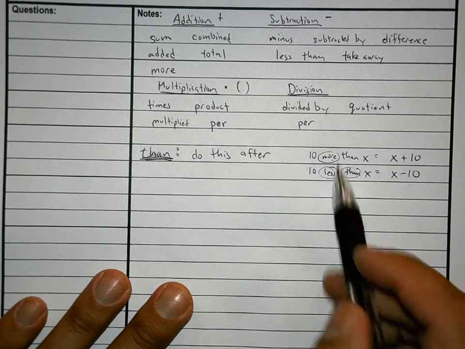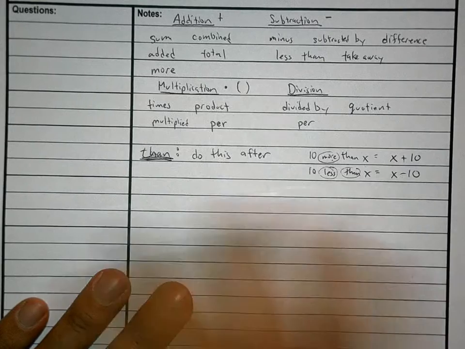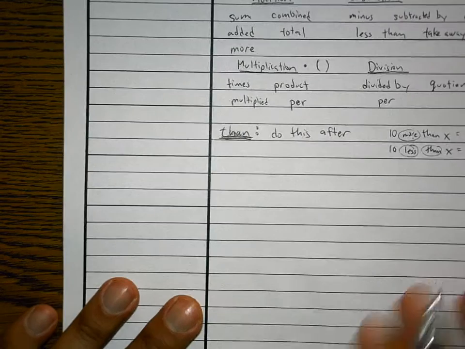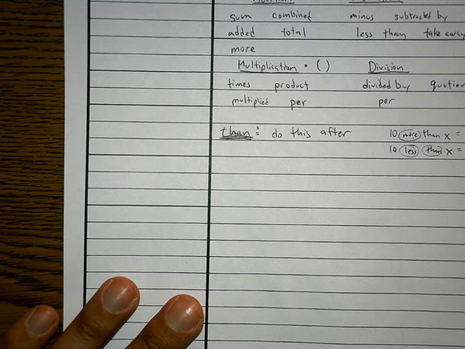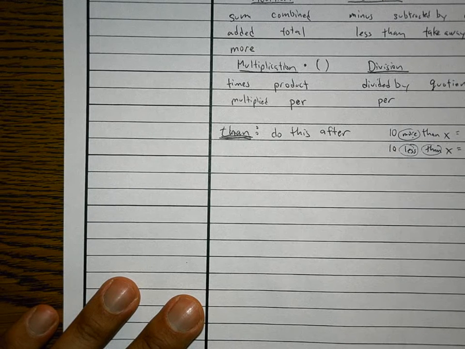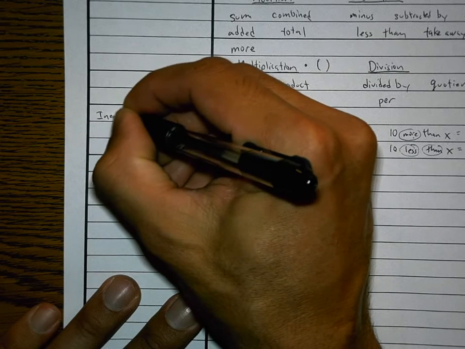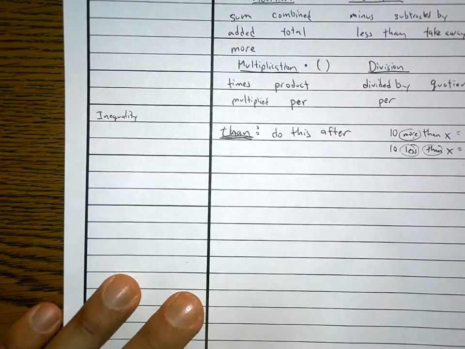And I say that the word "than" is used after 9 times out of 10. The only other time that you use "than" for something different is if we're using it for an inequality. So we're not doing any inequalities today, but I just want to throw this out to you just in case you were wondering what's the other possibility of the word "than"? Inequality. Inequalities